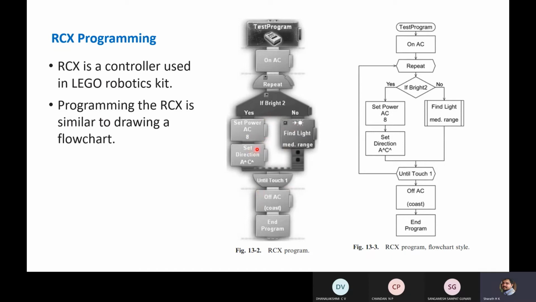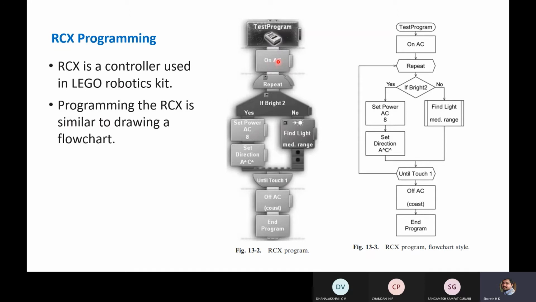It is a mobile robot and it consists of two motors. You can control the direction of the motors, and you can control the speed at which the robot will move, at high speed or low speed. Usually when it is moving in the forward direction, high power is given, so the robot moves at greater speed. When it is moving in reverse, the speed is reduced, so we supply low power. Now consider a simple program named test program.